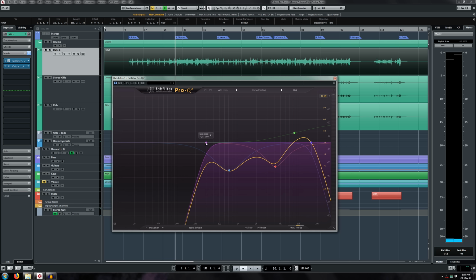So we've got a high-pass filter set to a similar range. We've got a mid-range cut at about 700 Hz. We have the quintessential upper mid-range cut at 4K. We have a tiny bit of brightening at about 8.5K. This is to help the sizzle of the hi-hats cut through the bed of the overheads. And we have our low-pass filter to keep the super highs in check. So if we listen to the differences,